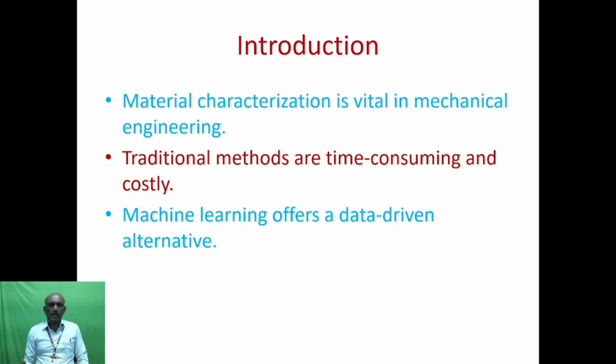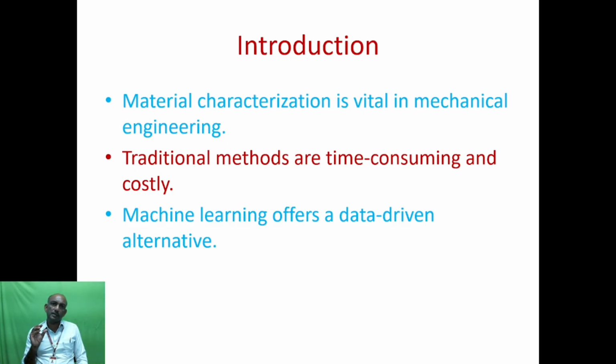The traditional method, that is the equipment based method, consumes more time and more cost. It is essential, but if we go for material characterization through the conventional and traditional method only, it is highly complicated, highly expensive and time consuming, and we can't predict exceptional cases. For example, if we go for lower temperature, we can't use that for material testing. If we go for higher temperature, it is also impossible to test in a particular condition. So for that case,